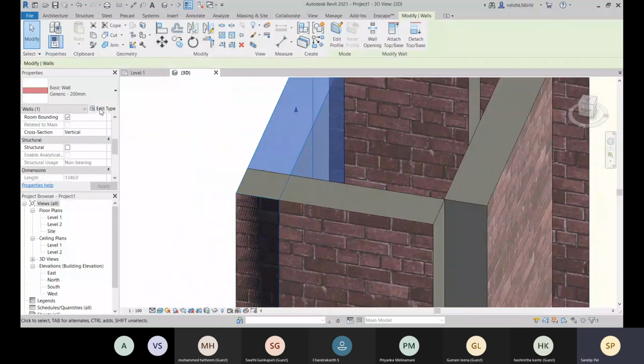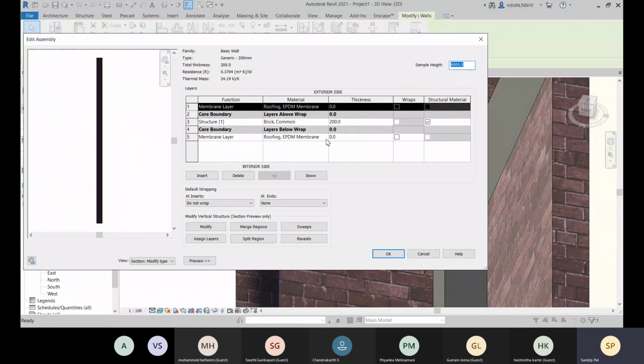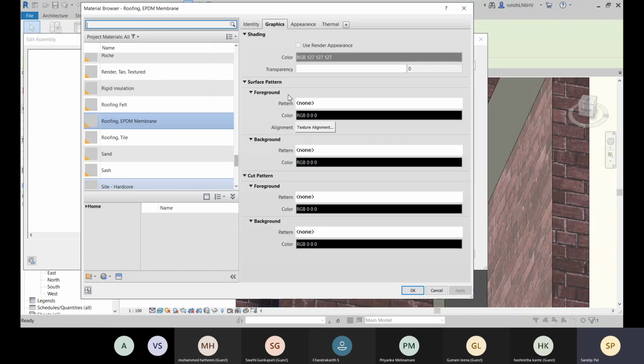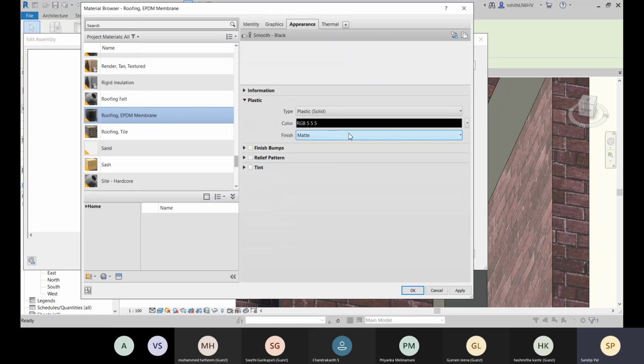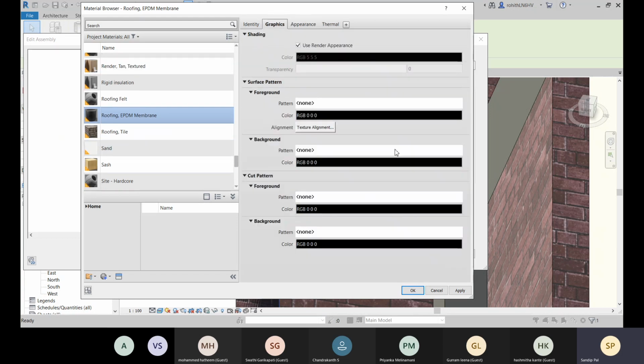Let me check it. Come to this, and this is because this is the render appearance, and here you have to define this surface pattern. According to this appearance, these things you have to define.